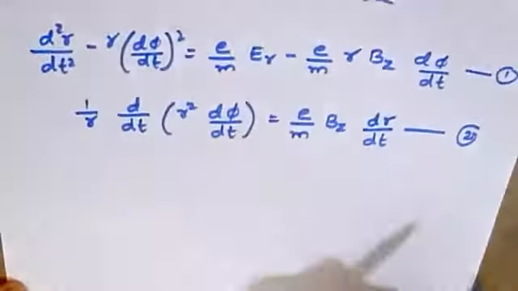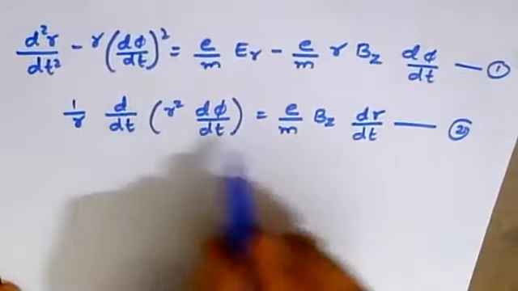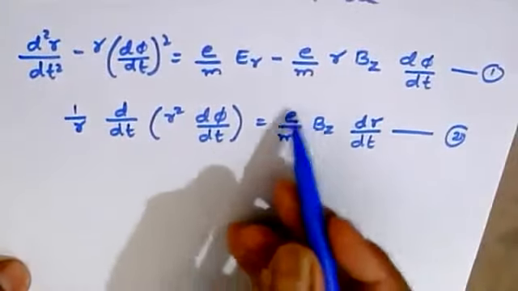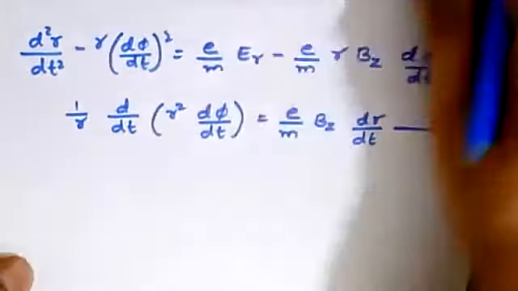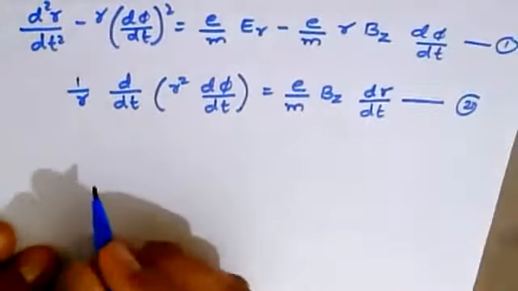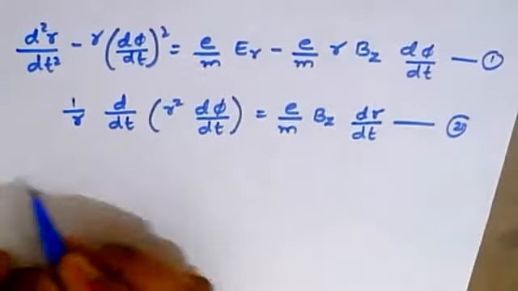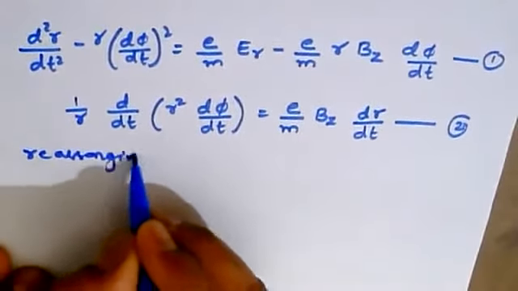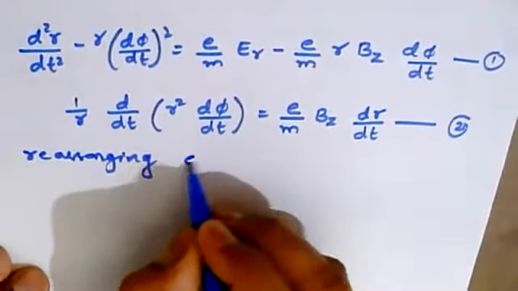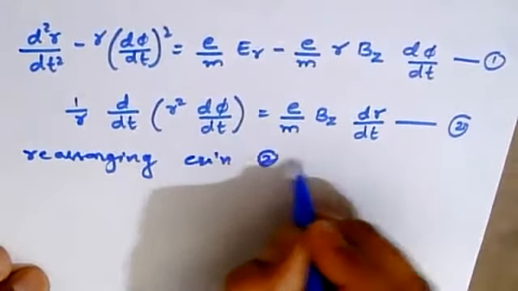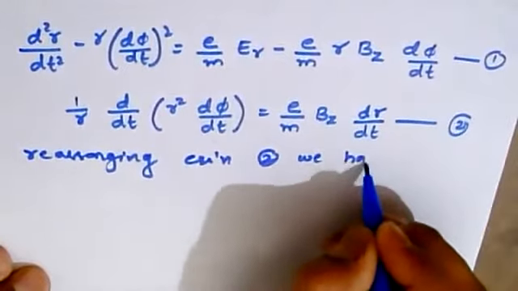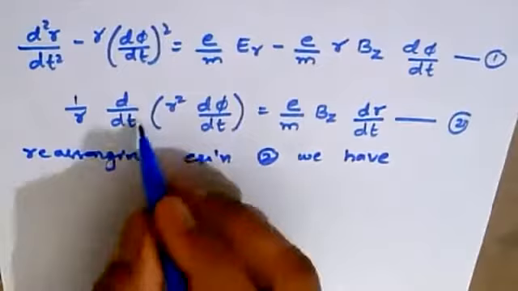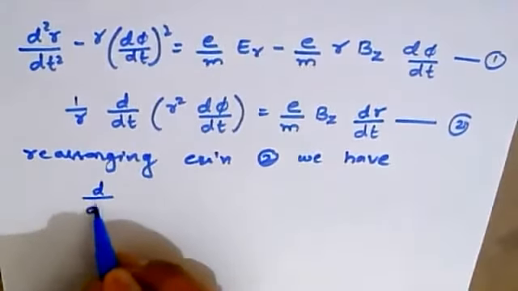the case of the amplification process, and where it is taken as e by m, we can take the ratio of e by m. Okay, and with this, let this be equation 2. Now rearranging equation 2, we have, okay, we get, where you can approximate that this is given as I'm writing over here, and you can check it over here.